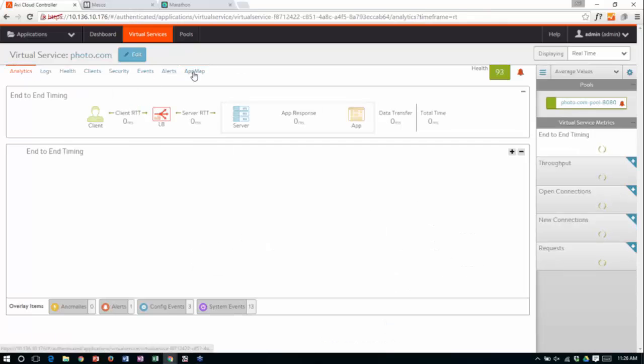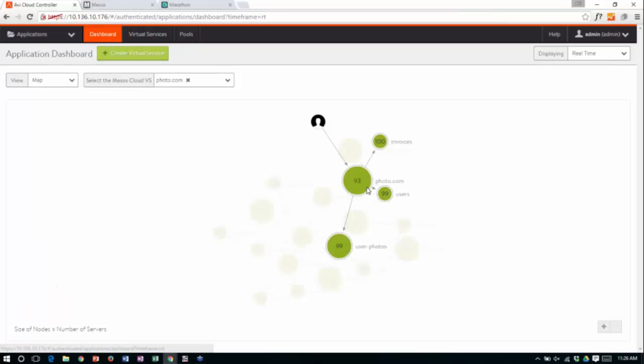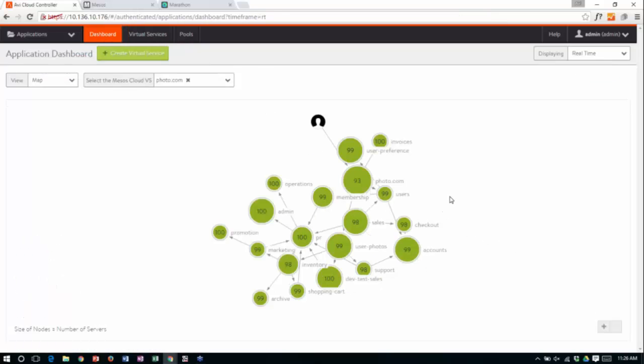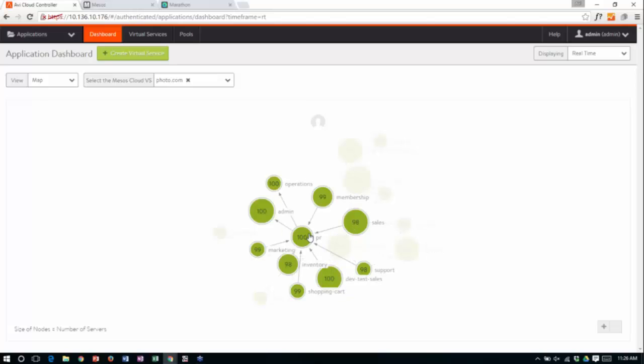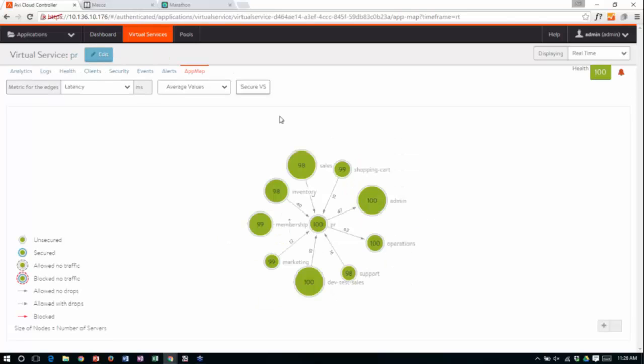Now I want to show you something really interesting. We went over the entire application map, and the question is, what happens if you want to secure a particular service? So we talked about security. Ranga, let's pick a service, a communication that you feel. So actually, let's pretend at the beginning of time I deployed this application. That's right. And the system just automatically discovered who's talking to who. That's right. There was this learning phase in some sense. And after a couple of days, I come back and say, let's take a look.